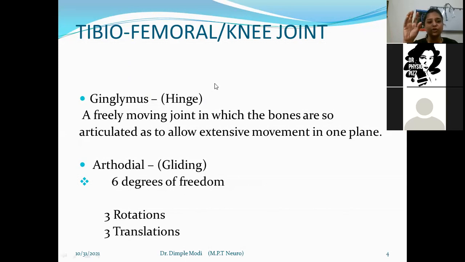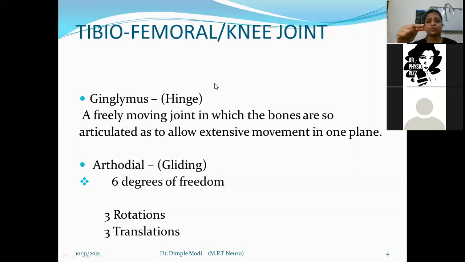The tibiofemoral joint is the double condylar joint. I can explain the planes and axes that occur in the knee joint complex. What three movements occur? The flexion and extension, the medial and lateral rotation, and the abduction and adduction. The flexion and extension occur in the sagittal plane and the coronal axis. The coronal axis passes through the epicondyles of the femur.